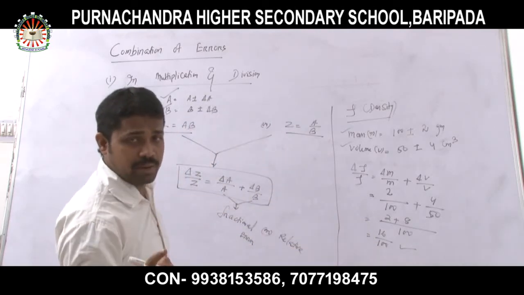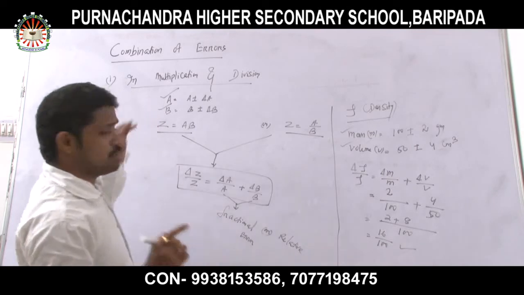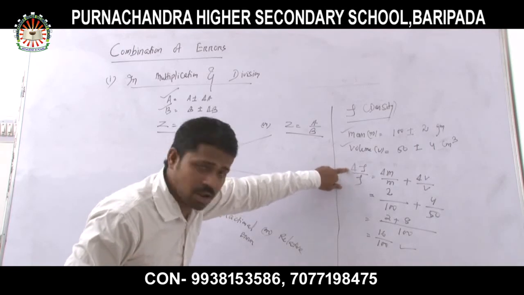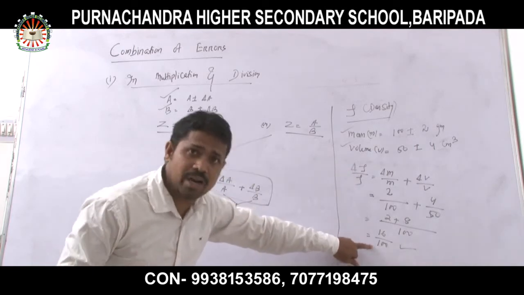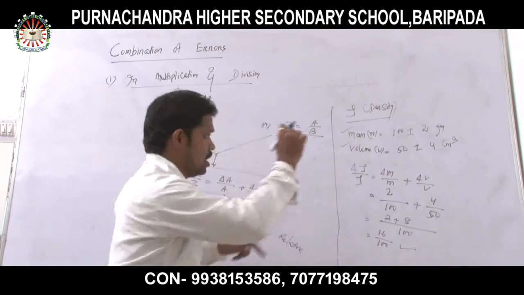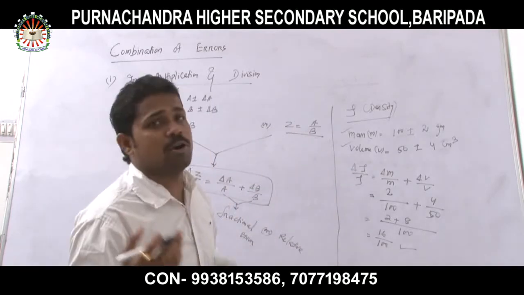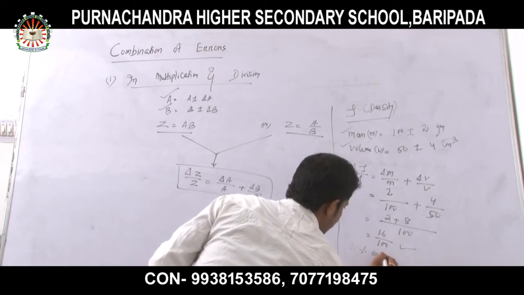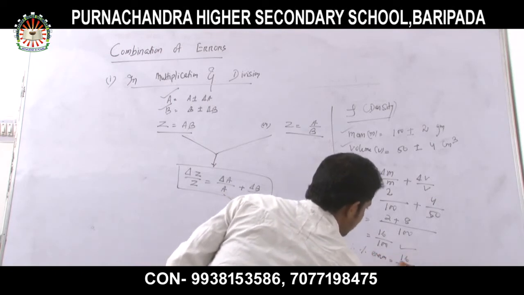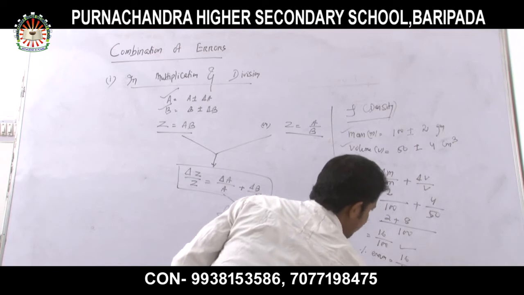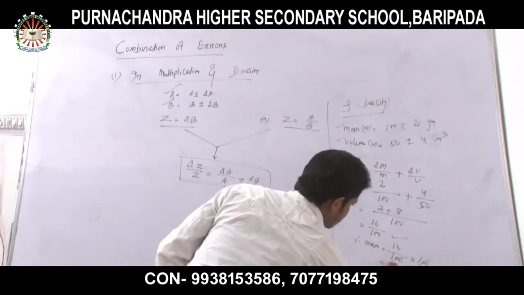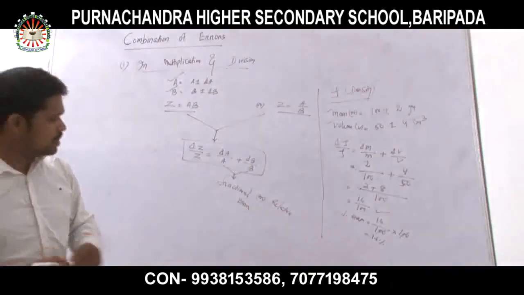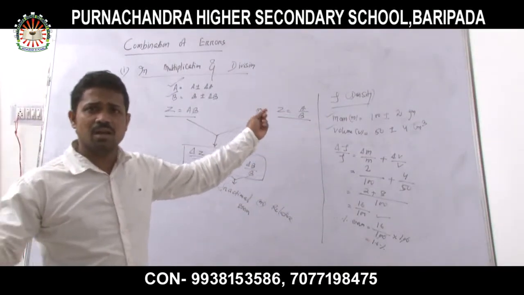Fractional or relative error. Listen very carefully. In case of multiplication or division, your output will be a fractional or relative error. So the 16 divided by 100 is a fractional or relative error. And from this, you can easily find out the percentage error. Percentage error is equal to 16 divided by 100 times 100. So 100 cancels out, so 16%. So the error in density, what is the percentage of error? 16%. Very clear. Understood all of you?